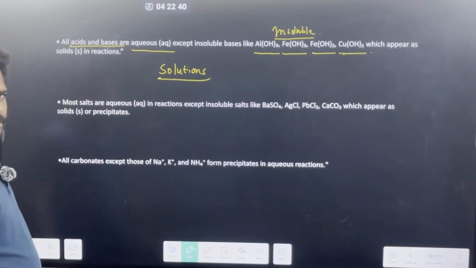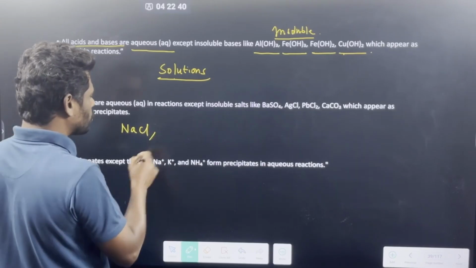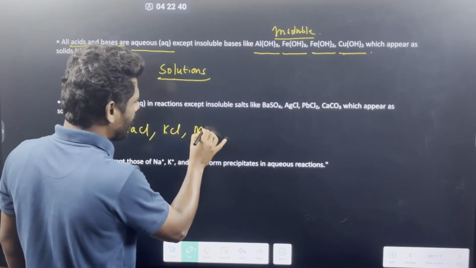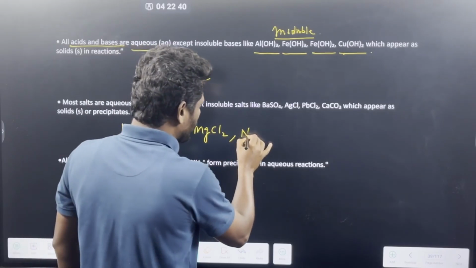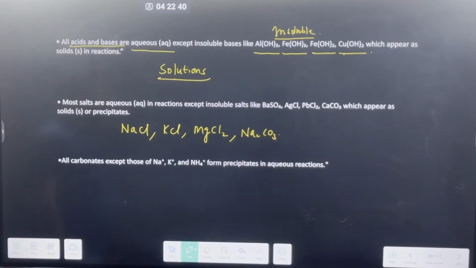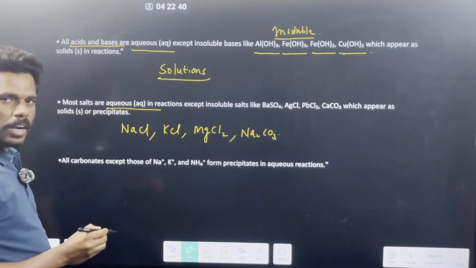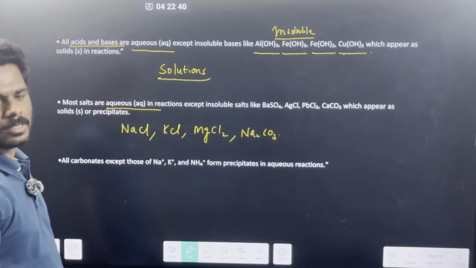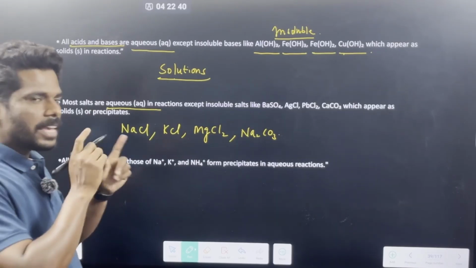Now coming to the point, salts. For example, you might have seen salts like sodium chloride, potassium chloride, magnesium chloride, sodium carbonate, etc. If you see any kind of salt in any equation, that is also soluble in water. That is why you can mention it as aqueous. Sir, any exceptions are there? Yes, we have seen